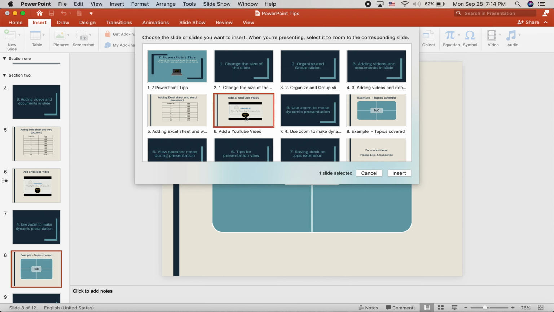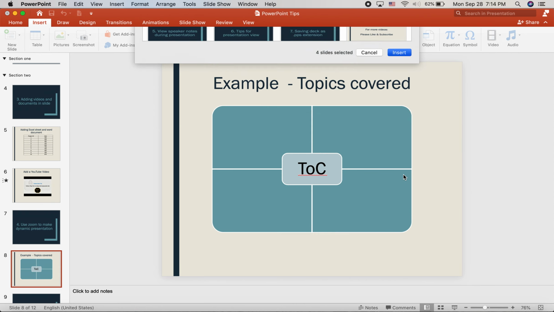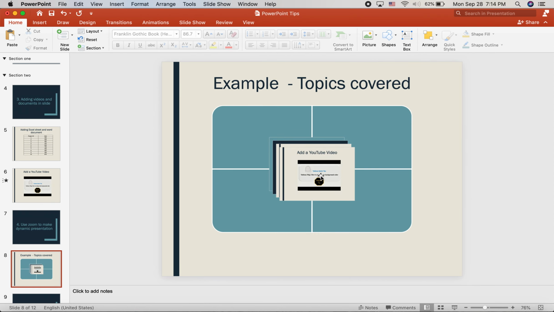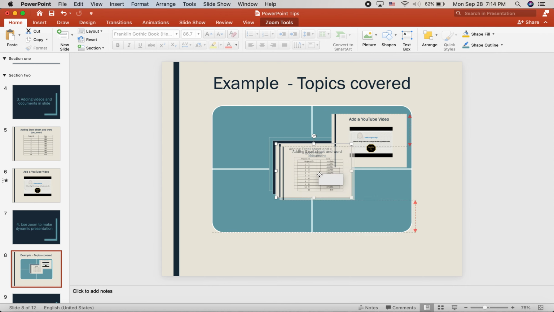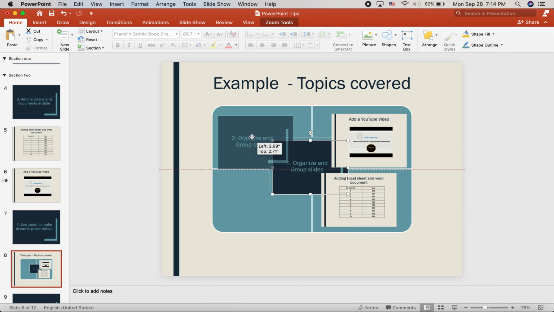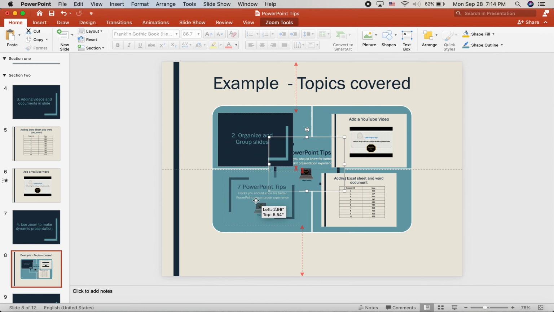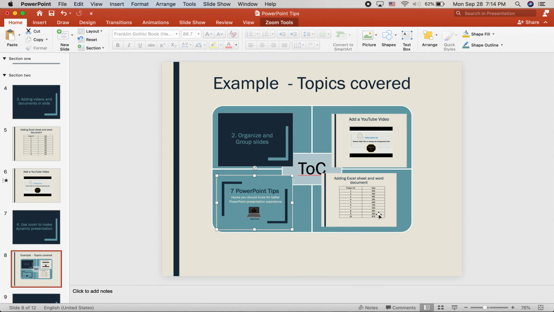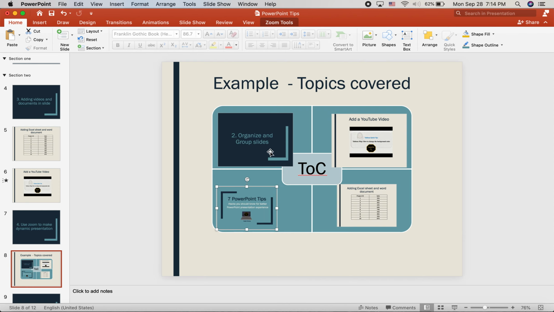For example, if I want to add slide number 6, and press Ctrl, and then maybe slide number 5, slide number 2, and slide number 1. Let's click on insert, and all our slides will be added onto our canvas. You can resize these slides.